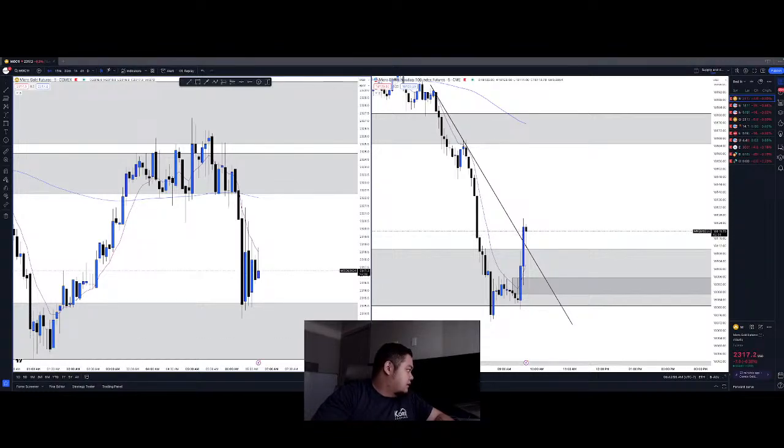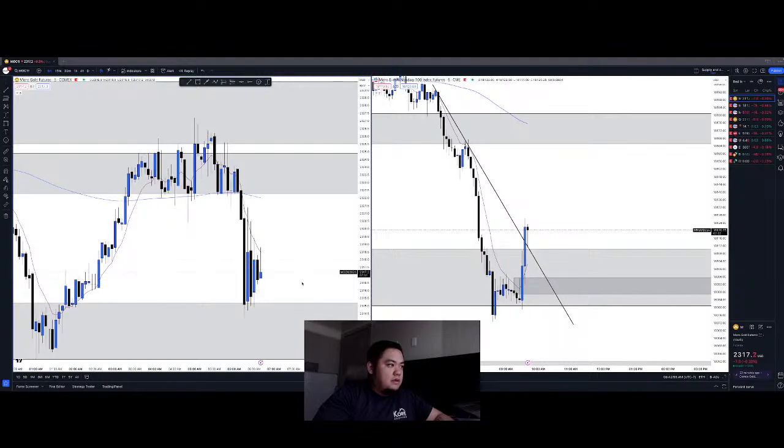Hmm. Okay. Let me see what Ruben said. I thought it was a little more easy, but since it doesn't have two rebounds of efficiency, it's kind of hard to see which order block is going to trigger a movement. It's actually hard to get used to it coming from Forex.